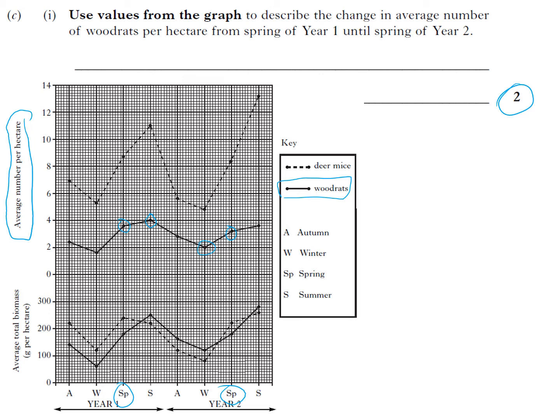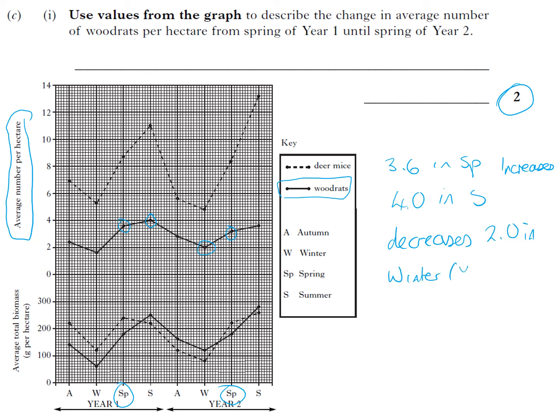Okay, so it's not the neatest or the easiest thing to read off, but these are going up in 0.2s, so that would be 3.6. So it's 3.6 in spring, year 1, and then it goes up to 4 in summer, so it increases, and then it decreases, so that goes down to 2 in winter, this is year 2, and then increases again